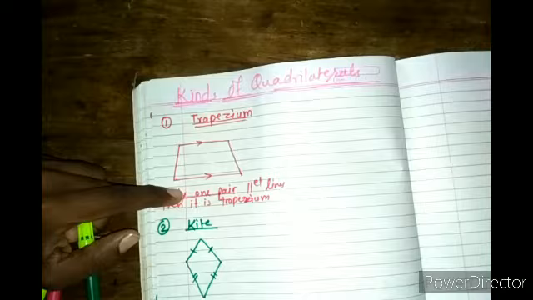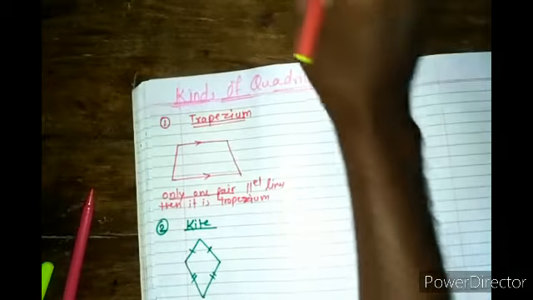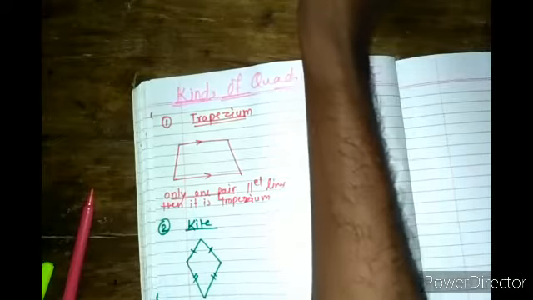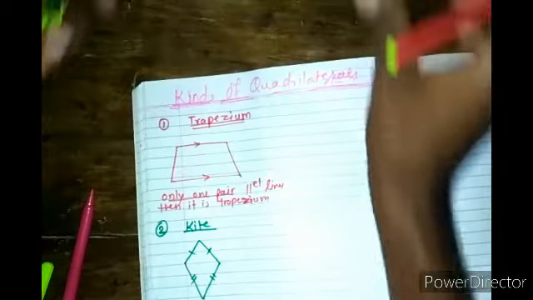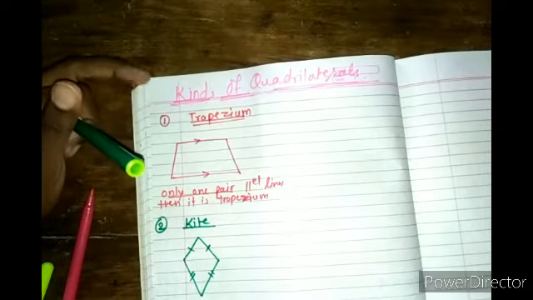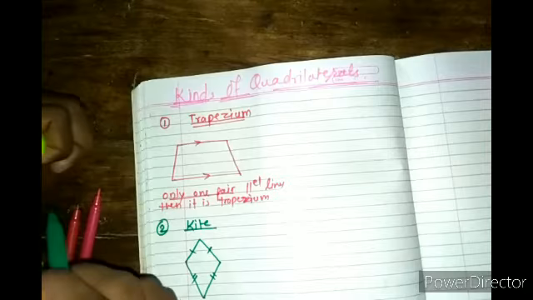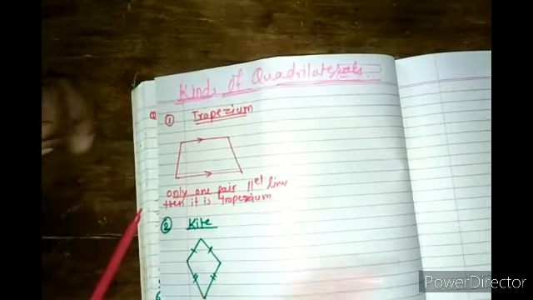After seeing that diagram, we can understand what the quality or the identity of a kite is. The shape is definitely the identity, but the words that we use here are: